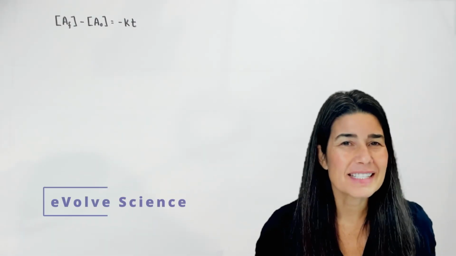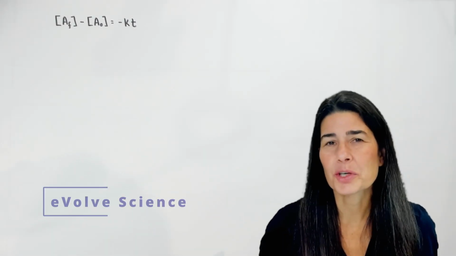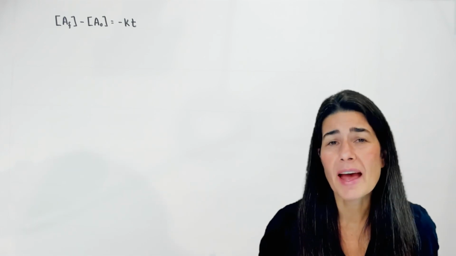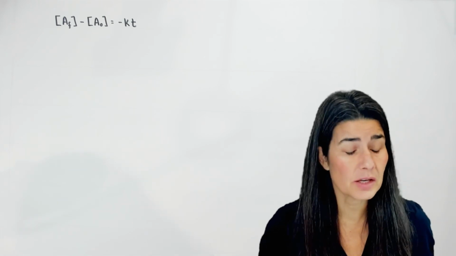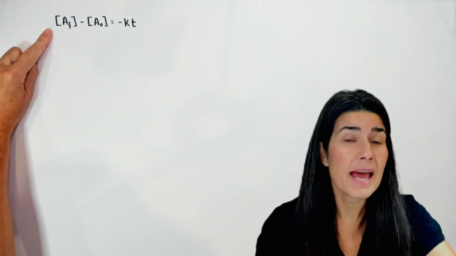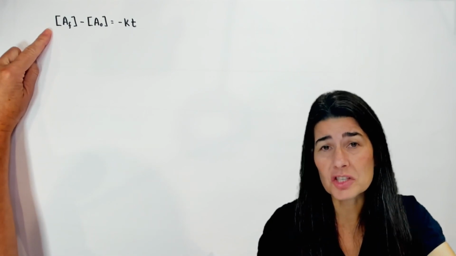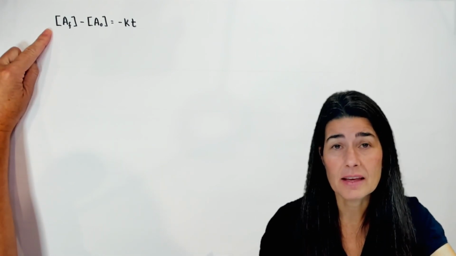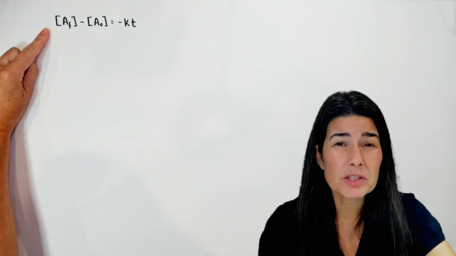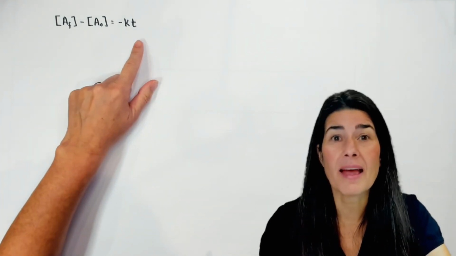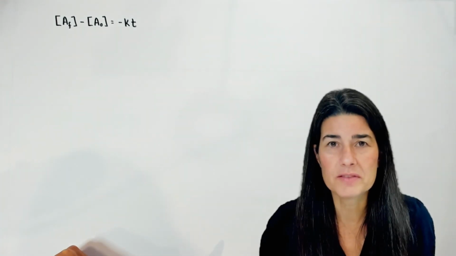Okay, let's examine the half-life for a zero-order process. We know if we have a zero-order process, we can use the integrated rate law: A final minus A original is negative kt. Well, if the time that we're talking about happens to be the length of a half-life amount of time, then